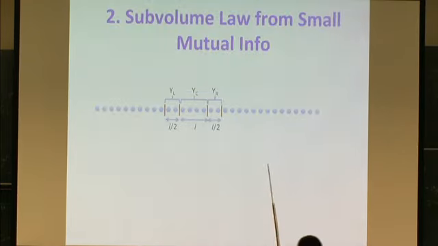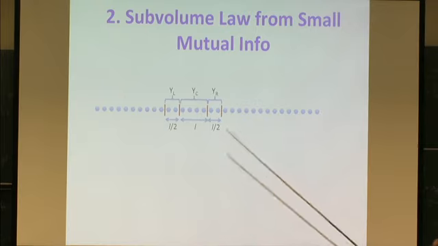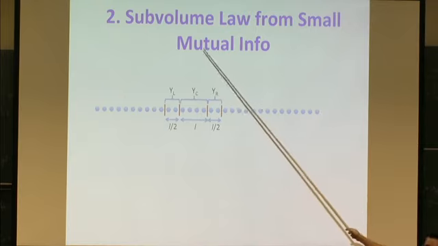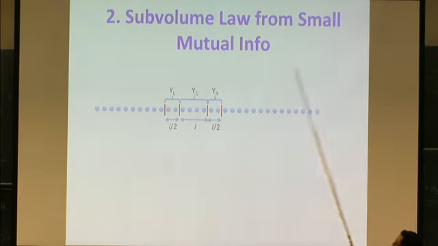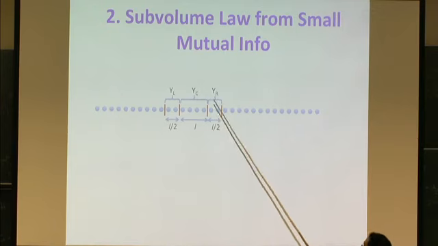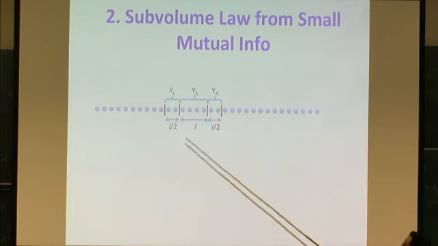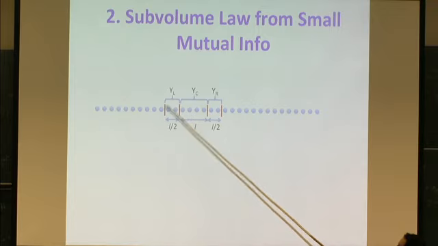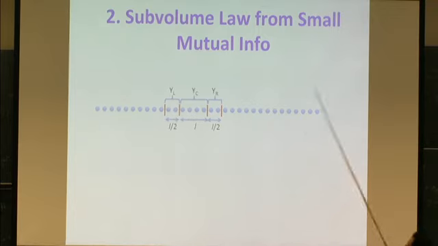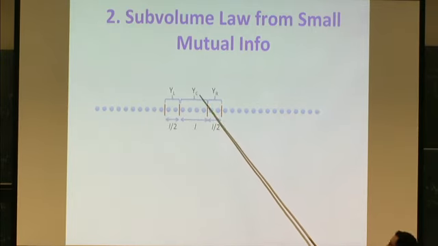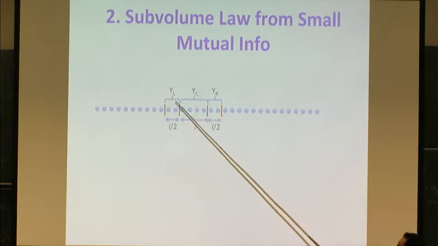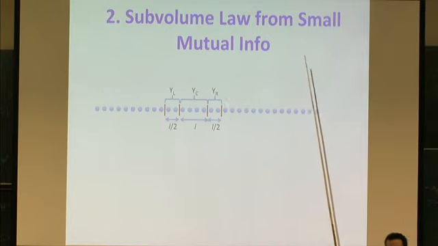Right, but how to get rid of this assumption? Here we want to get the sub-volume law that we needed from another assumption, that there is a region of small mutual information. So now the situation we consider is the following. Suppose that we have 4 regions. One is the outside here, then Y left, Y central, and Y right, and suppose that the central region has L sites, and the boundary ones have L/2 sites.